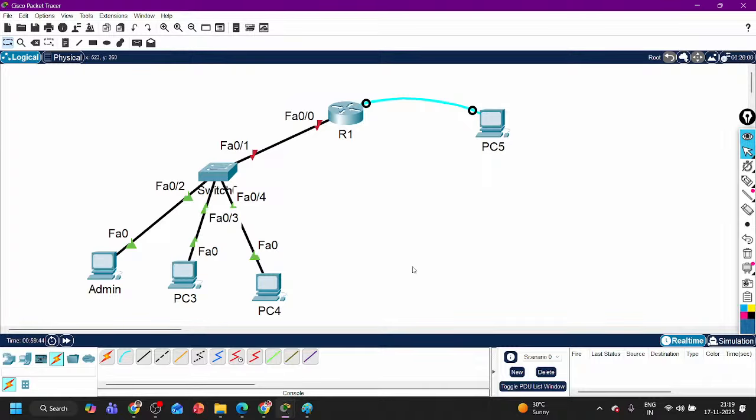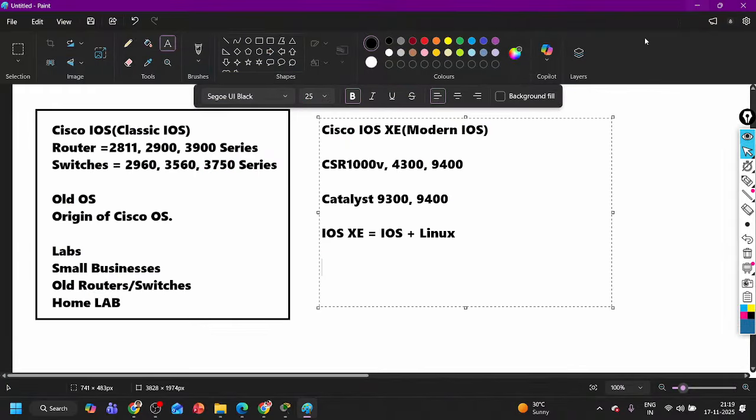We are using Python libraries. So iOS operating system doesn't support Python. That's why we are using iOS XE. iOS XE operating system supports automation. Network automation means like API,